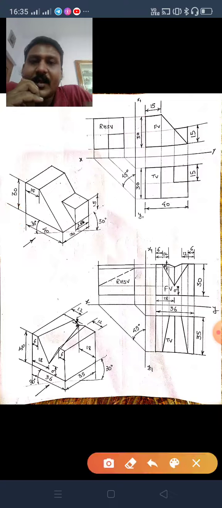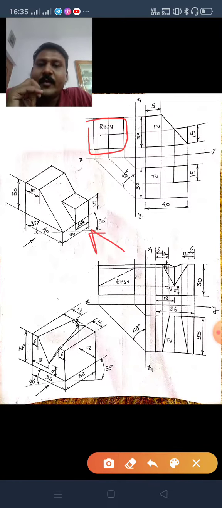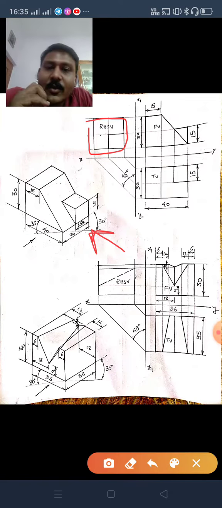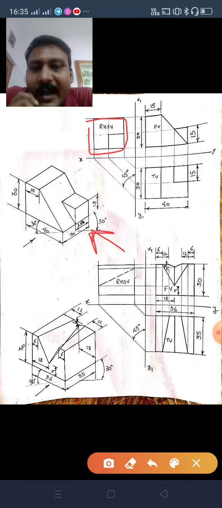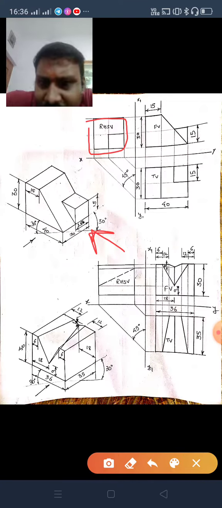Now once you have drawn this box, see carefully, you are watching from here, this is the side view, isn't it? So this inclined line is nothing but looking like a box, a box of 30 by 30. So this box of 30 by 30 is visible to you, but this portion is also visible to you. And what is this portion? This is 15 by 15.